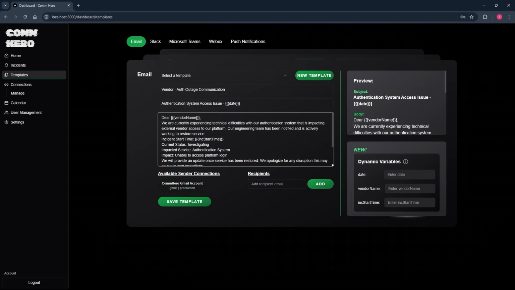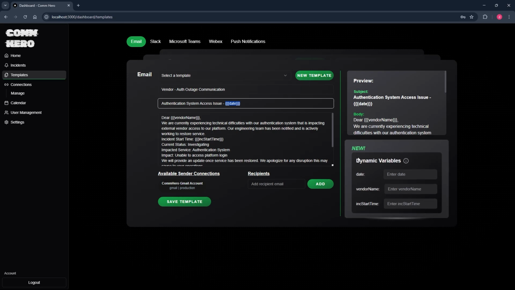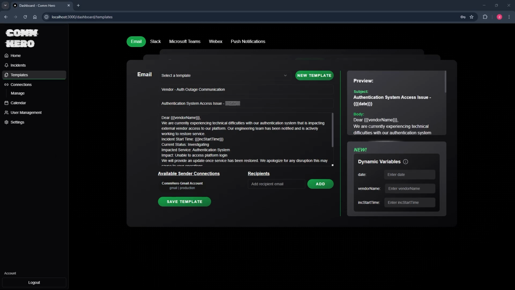Maybe you're asking yourself, what is this? So basically this is a dynamic variable. When you send out incident communications or just communications in general, you want to leave room for things to change because you may be sending this to more than one vendor. You may need more than one date time. You may have an incident number that may change based off when these things occur. So what I did is I built a dynamic variables piece to where you can plug and play different values for each run. So if we actually go ahead and put in a date time, for instance,